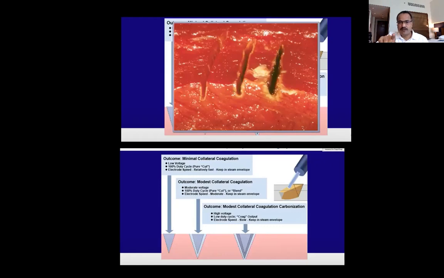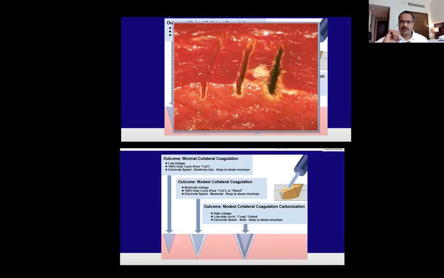Go to the third part. This is the coag current, where you have high voltage, interrupted. In a high voltage current, the temperature at the center would be 100, but at the sides it can be 90, 80. So there is a lateral spread with the coag type of current. If I am very close to the ureter or bowel, or a surgeon is close to the CBD, it is always better to use the cut current.